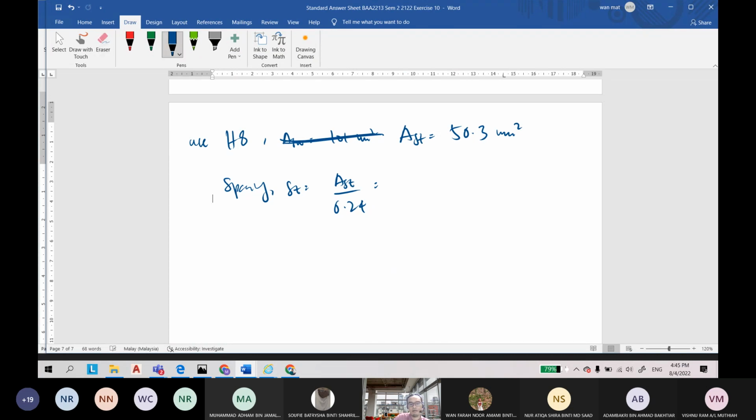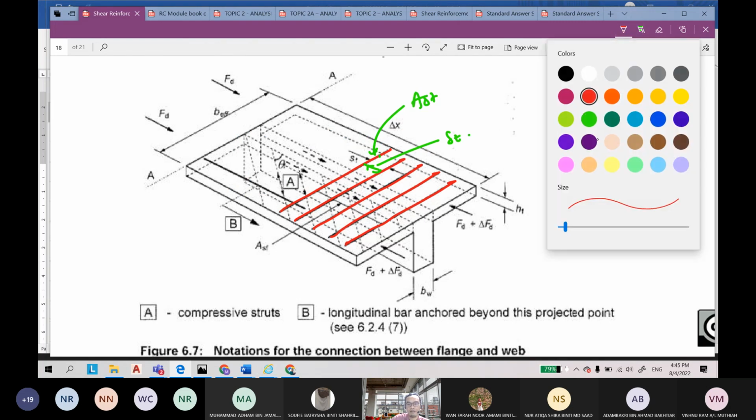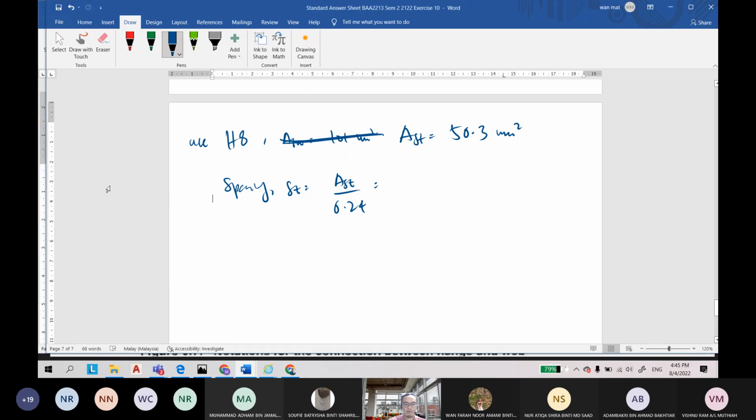We only select based on one number of bar. In the case of link, if we have, let's say, three links here, so we select 1, 2, 3. So in this case, 50.3